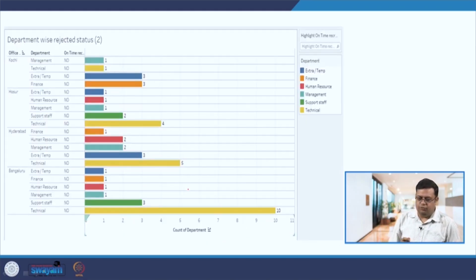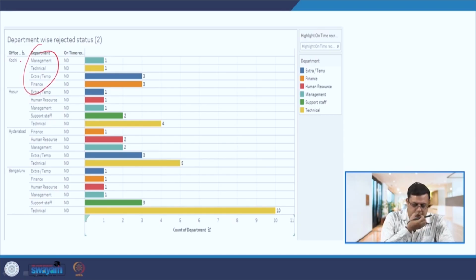Next, if you want to give some colors to the various departments, you can do that also. Here you can see office-wise, whereas earlier it was department-wise; here you can see office-wise or city-wise. So in a city, as well as in a department, there is a management person, a technician, an extra person, a finance person. So, the type of job that person is doing, and you can see the visualization through color, and that representation is here. You can make this type of graph also in order to communicate the joining date